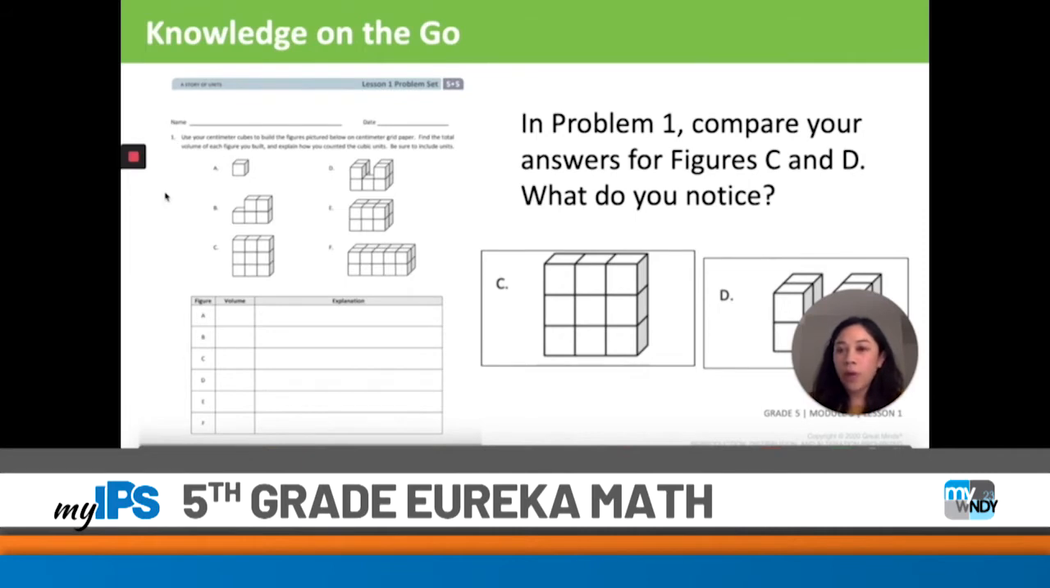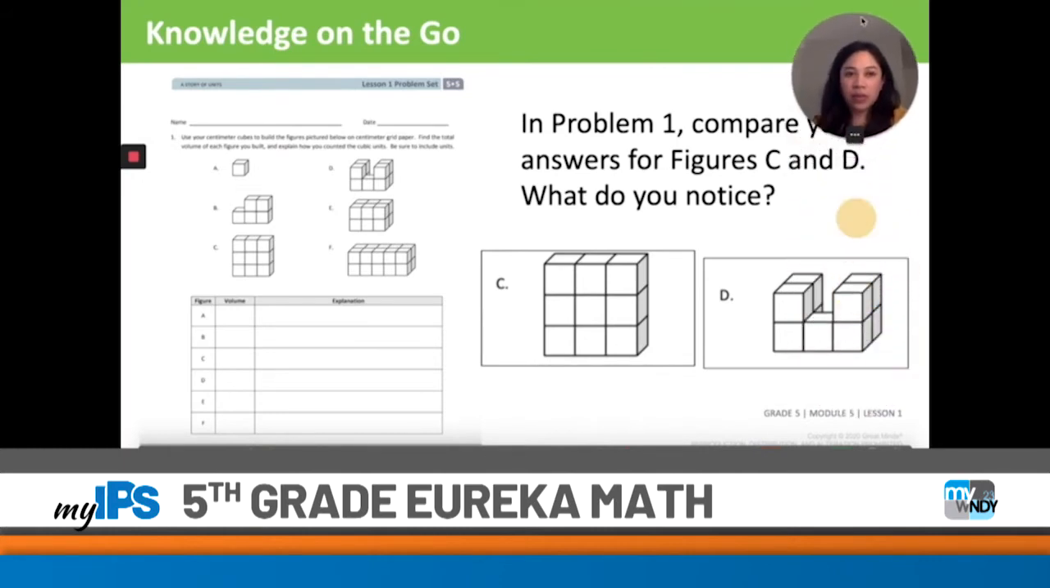So in problem 1, you were asked to look at a series of different figures and write in the volume and then the explanation as to how you saw how the figure was built. Maybe you counted the cubic units, or maybe you counted them in a particular way. So looking specifically at figure C and D,